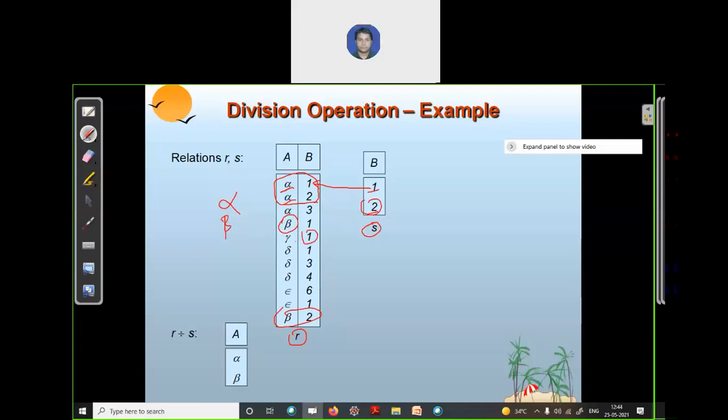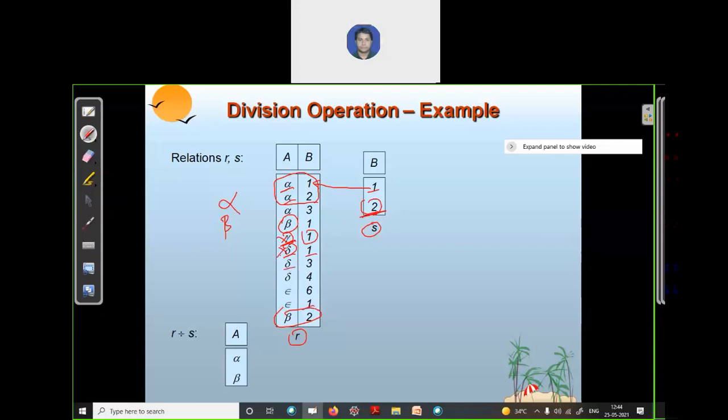For 1 there is a gamma, but is there any other gamma for attribute 2 of relation S? No, so this gamma is not in our resultant relation. For 1 there is a sigma, but is there any sigma for data element 2? No, so sigma will not be in our resultant relation.